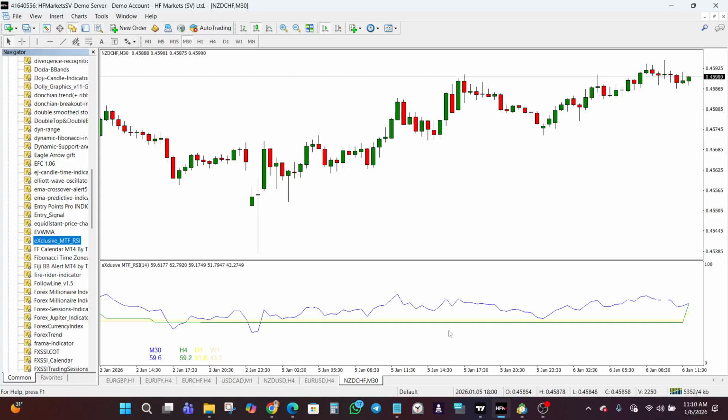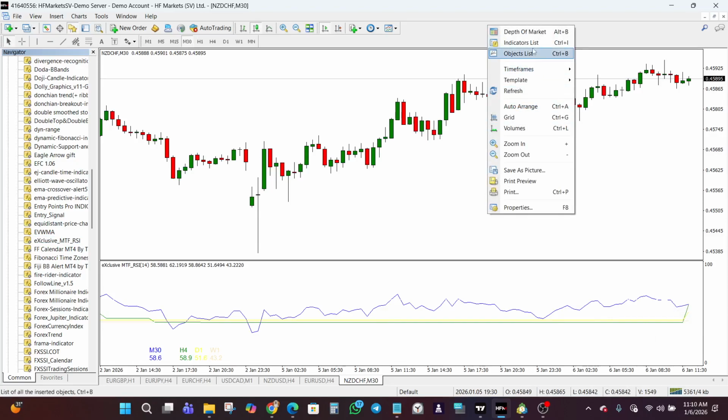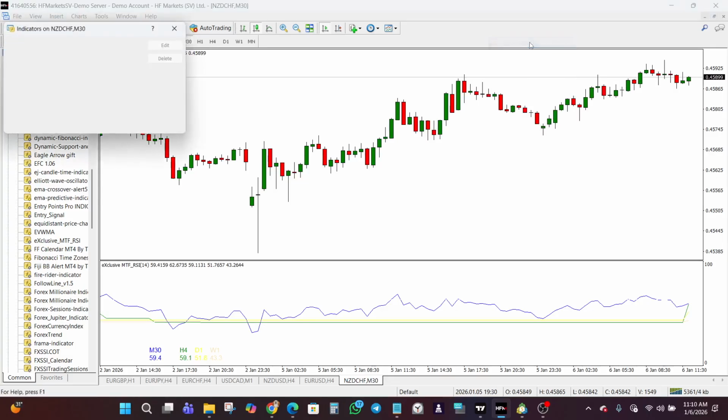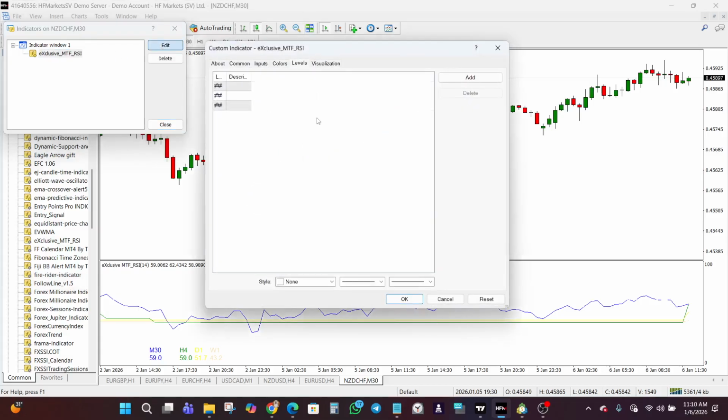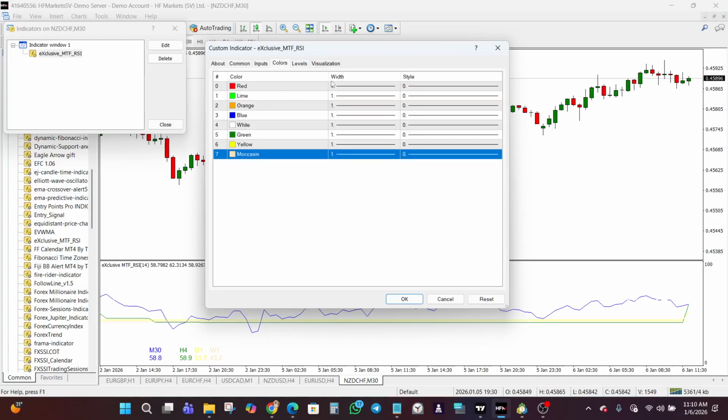So just like how the RSI functions, when the RSI line is above the overbought line, you want to look out for possible bearish signals, bearish